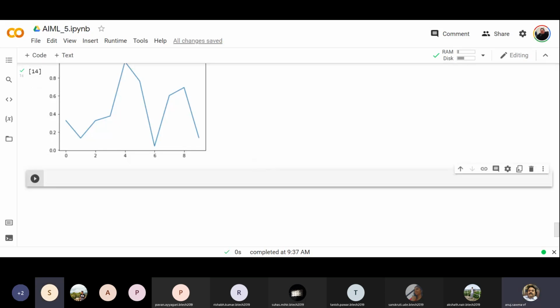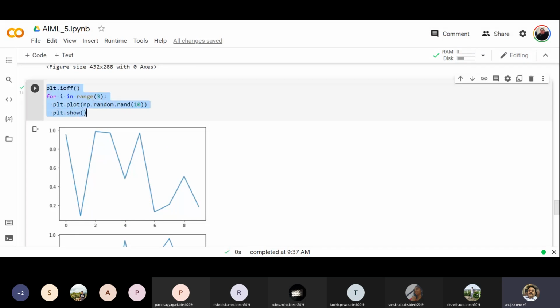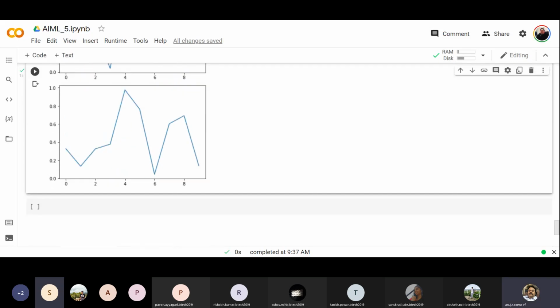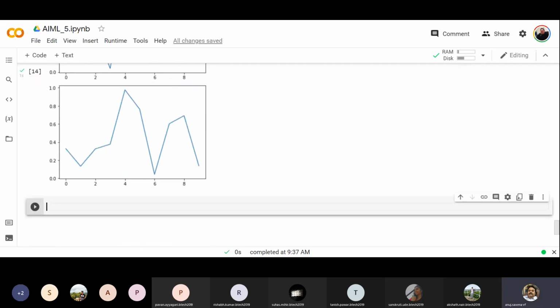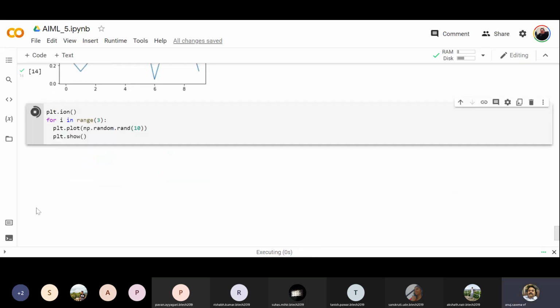So could you explain this one? I'll show you and then explain it. Okay, so this is off now. I'll switch it to on, and then you'll see the difference. Okay, so this was interactive mode off. That means new windows will be created. This is on. Now when it is on, then there will be